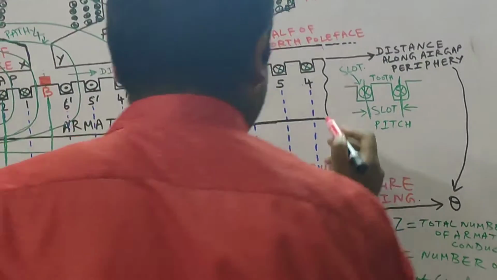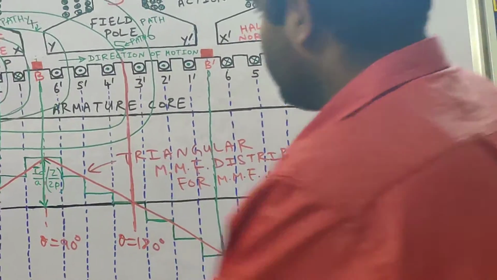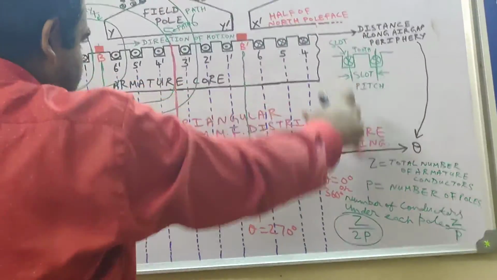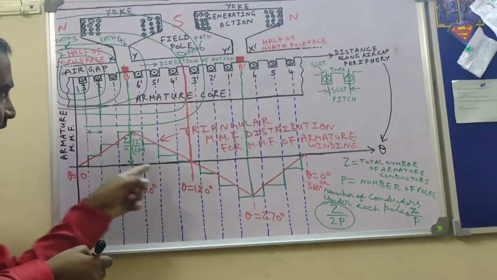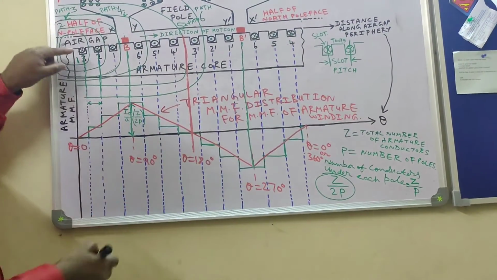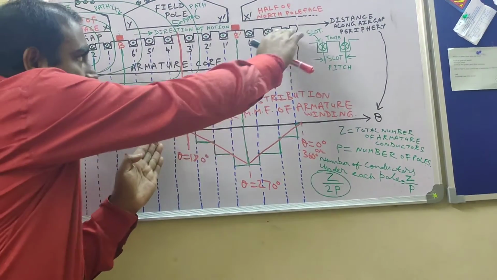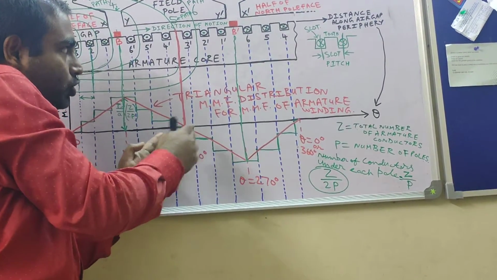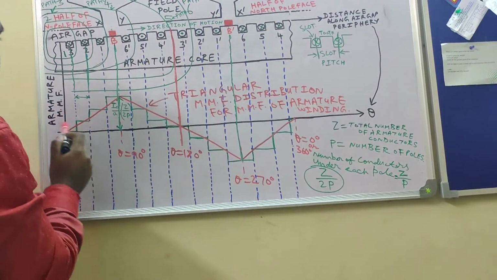You can see here also, it is a developed view. If you again join it or encircle it, which two things are going to get connected? Slot number 3 from this side and slot number 4 from this side. Slot number 3 from this side will bend and move to this portion, and slot number 4 from this side will bend and move to this portion, so they get joined. So between 3 and 4 also, the armature MMF is 0.